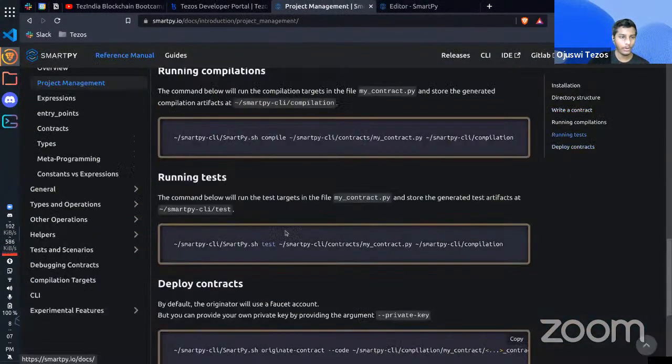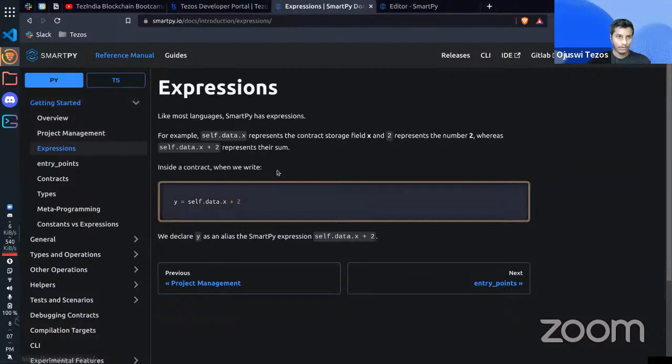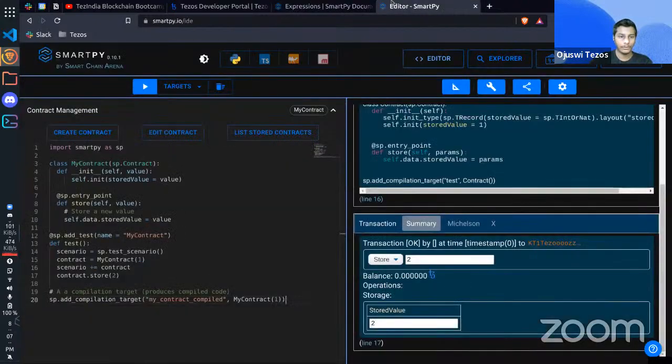and we can keep on looking in this documentation at what are all the things we can do. We can use the variables to do computations. We can write mathematical expressions just like Python. So what I can do is I just write plus equals value. So this value will be added to the state variable instead of replacing it. So we pass 2 and the value is stored as 3,